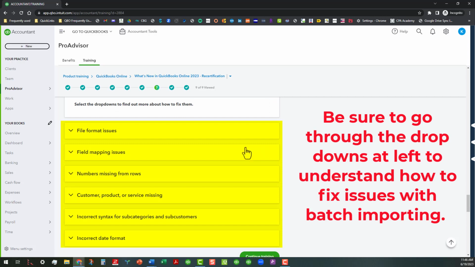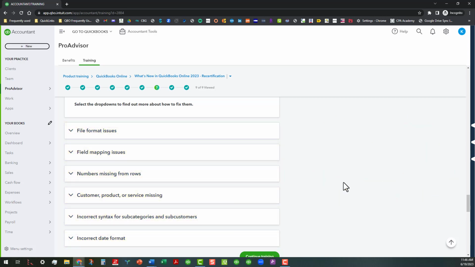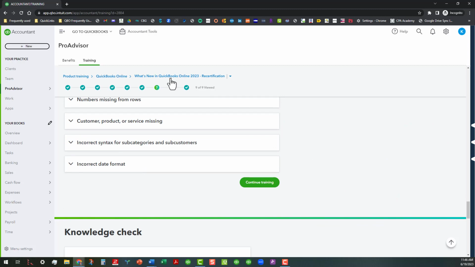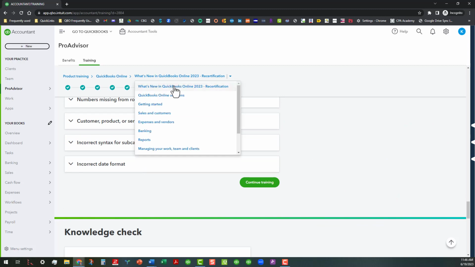You're going to also want to go through these drop downs to understand when you're doing importing data. You want to know how to deal with file formatting issues, the mapping, the number missing from rows, customer product or service missing, incorrect syntax, all this other stuff you want to know, so make sure you spend some time on that. So with that said, we're going to go to the second area